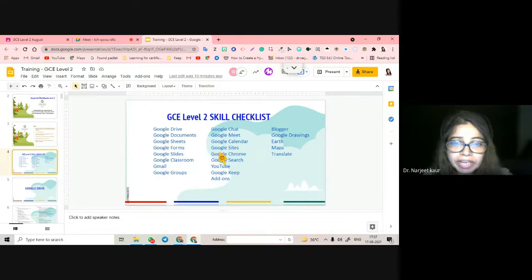So we are going to cover everything. I'm going to cover explicitly Gmail, calendar, doc, slide, sheets, forms, classroom, sites, and then groups, blogger, YouTube, books, scholar, search, and map. The remaining two or three, we will just touch base on so that you know how to use them. Level 2 people should know how to use Google Chat, though it is not tested. They should know Translate, though it is not tested, and so on and so forth.